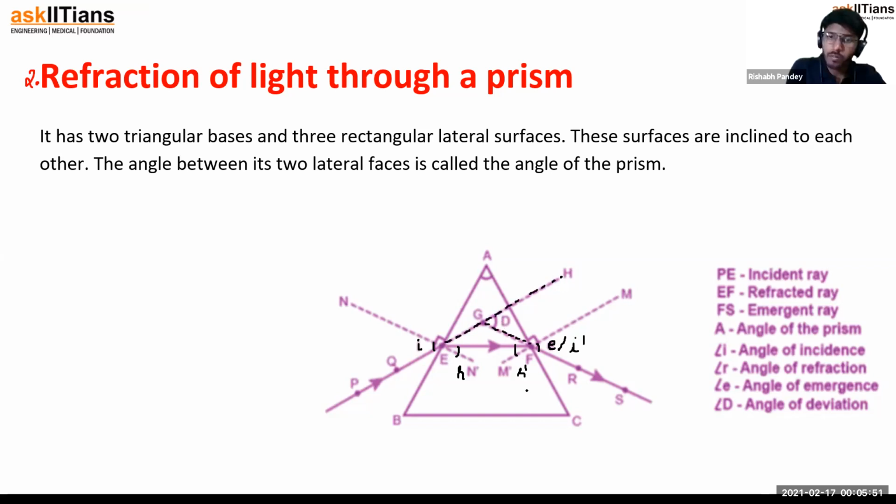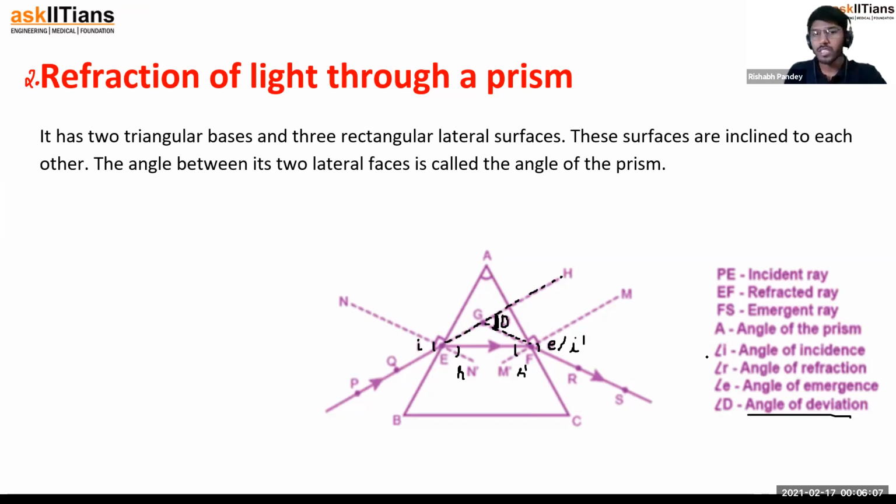That means this ray basically deviated by this much angle. If you could understand, this is the angle of deviation as written over here, angle D. These are the angles. So basically in a prism, there are